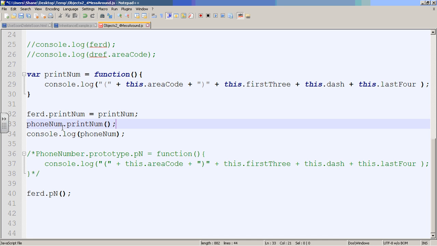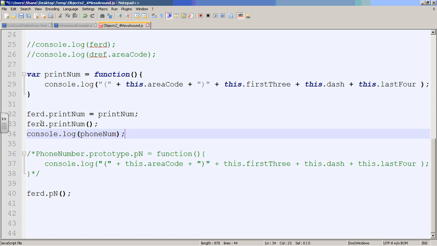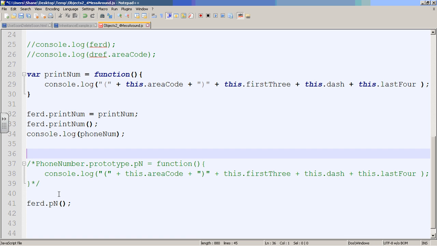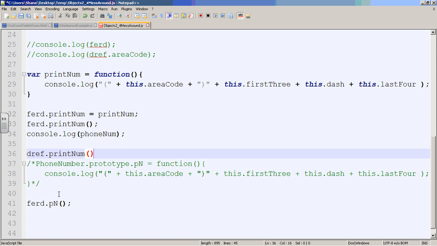Now Ferd will have the function attached to it, and just that object. But if I were to actually go dref.printNum,